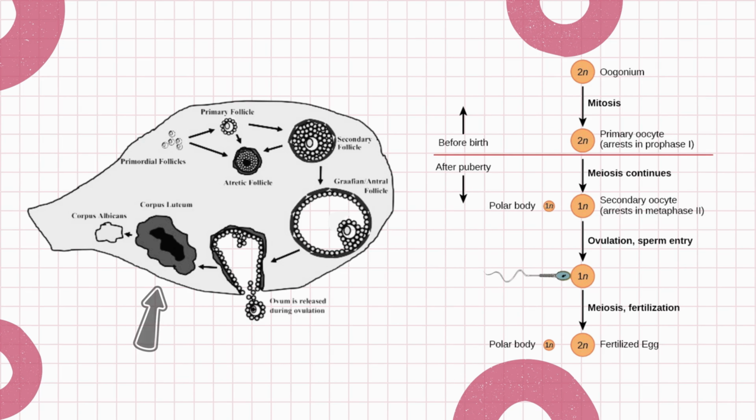Following ovulation, the ruptured follicle transforms into the corpus luteum, which secretes estradiol and progesterone. Progesterone plays a crucial role in maintaining the uterine lining to support a potential pregnancy. If fertilization does not occur, the corpus luteum degenerates, and a new follicular phase begins with the next menstrual cycle,